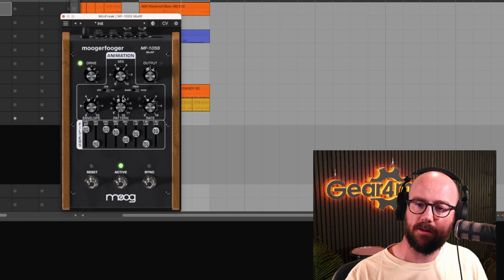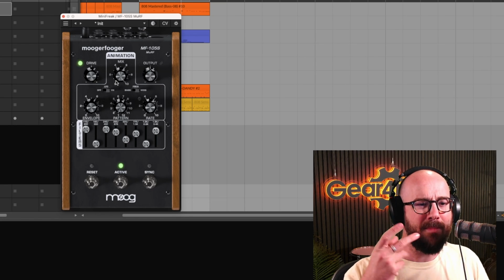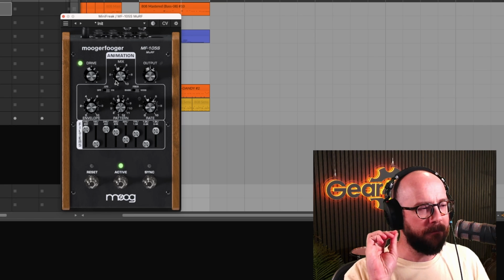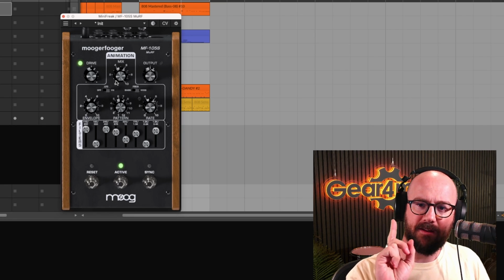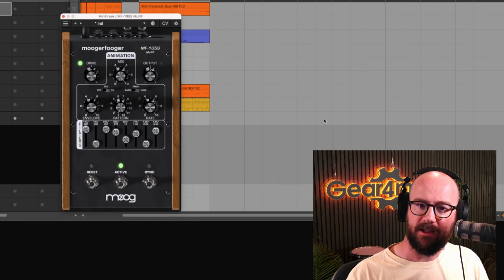Nice. So it starts to animate sound with little filtered bands. But then there's this pattern thing. So if I turn it from pattern 1 to 2,